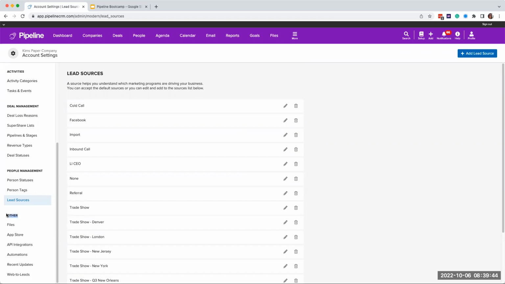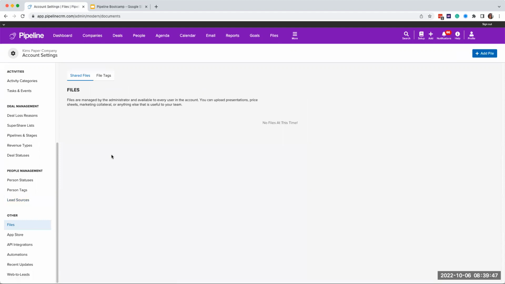Okay. So here in our other section, we've got files. This is where you can store your company files, be it contracts, be it SOWs, be it an invoice format that you want everyone to use. I definitely encourage you to use file tags. As your business grows, as you're using Pipeline, your files tab here in the top global navigation bar can get a bit unwieldy if you have your email synced, especially because if there is an attachment to an email, it's going to deposit in your